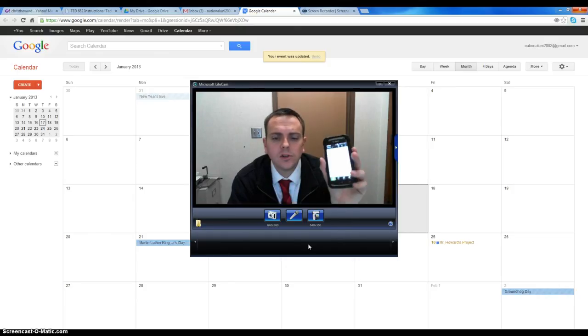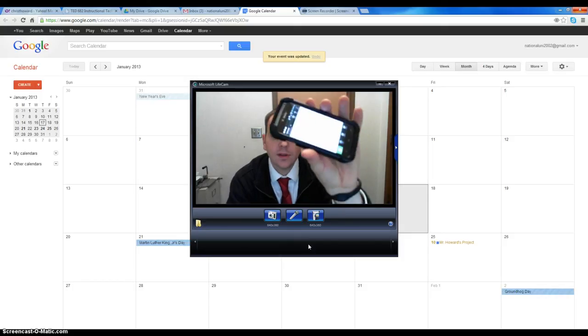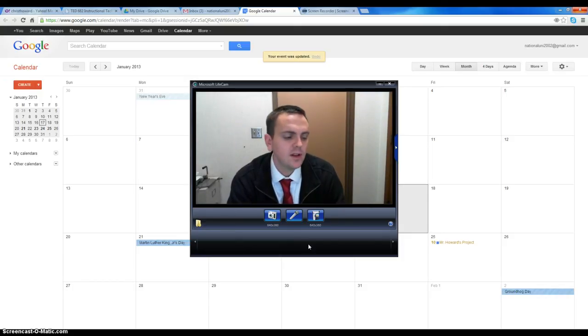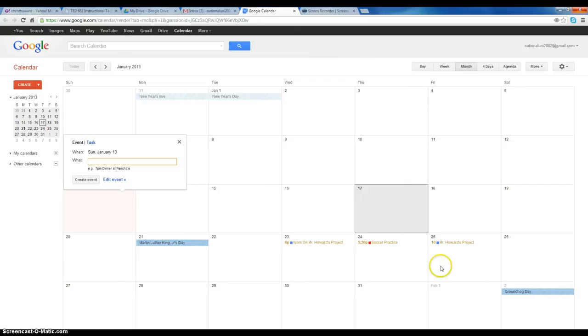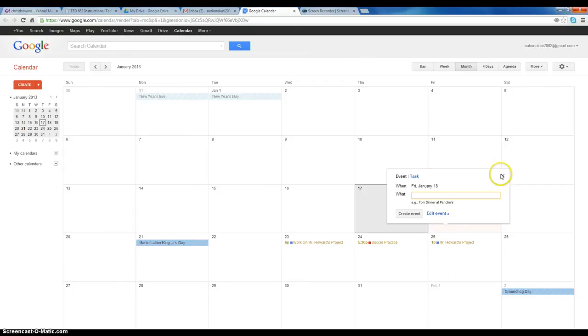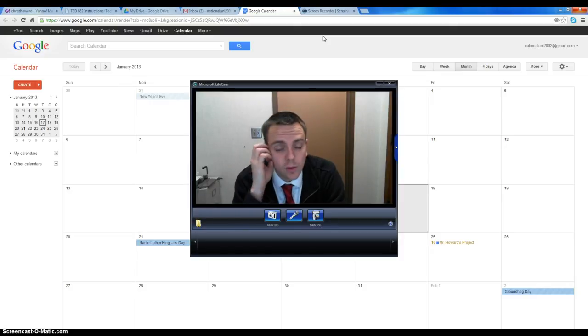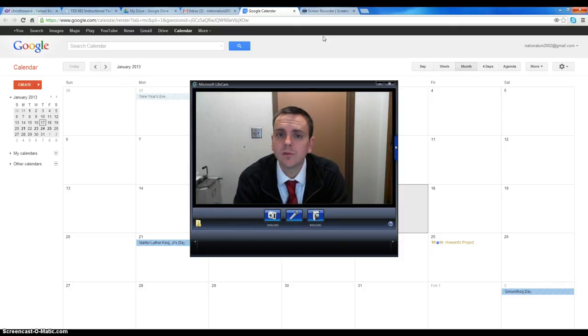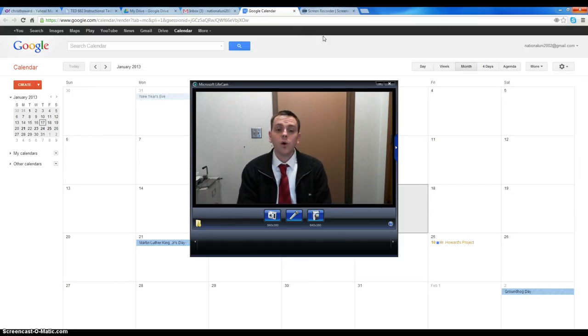add things to your phone. You can't see it too well. That didn't work out too well. But either way, you can add events to your phone and they will show up on your calendar. And I really think that's one of the benefits as well. So no matter where you're at, no matter where the student's at, whether it's in front of a computer, whether it's in a classroom, whether it's at home, they can add to their calendar by their phone. They can be reminded about their day-to-day activities by their phone, and they don't have to be a slave to